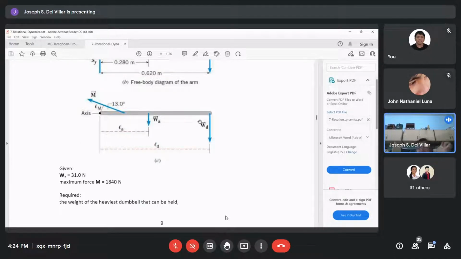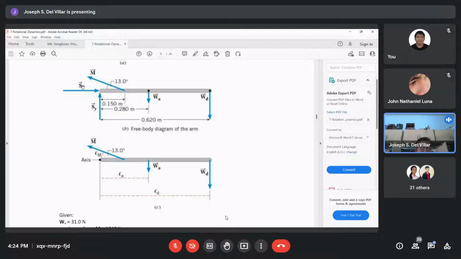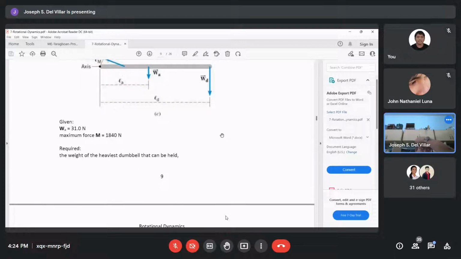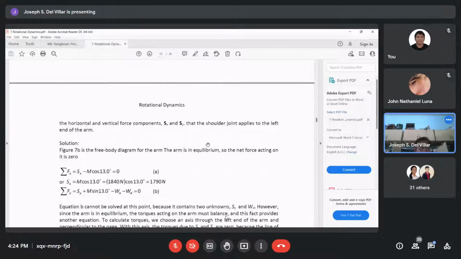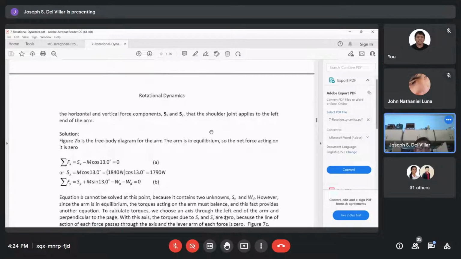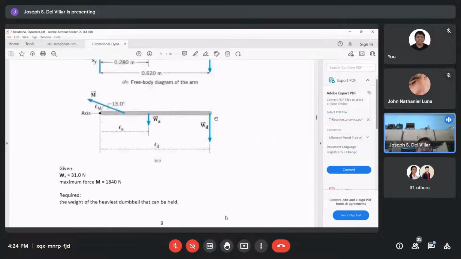So, summation, if this is our axis of rotation, SX and SY will be eliminated because they pass through the axis. So the only ones with torque are the deltoid muscle and the two weights. Okay? So what is our equation? Summation. Okay, we can also start with